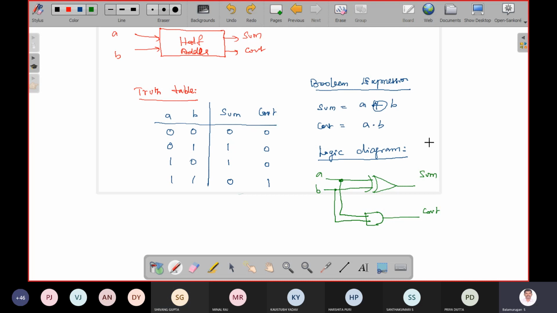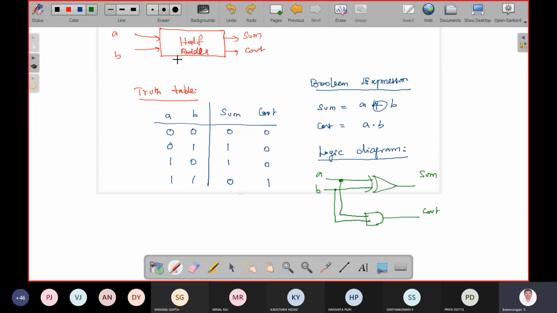Okay, if this is possible from the hardware point of view, the same thing we should write in Verilog HDL also. That is how we are classifying the different abstraction levels, which we call data flow modeling, structural modeling, and behavioral modeling.